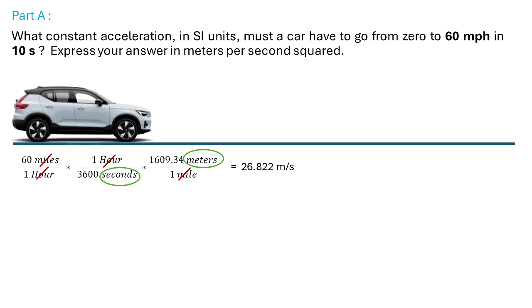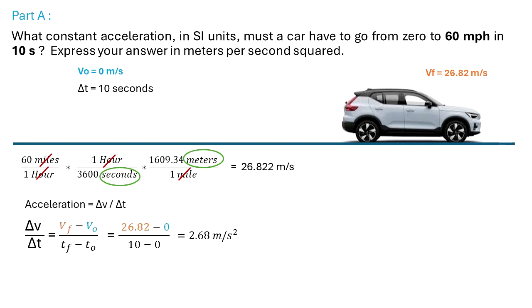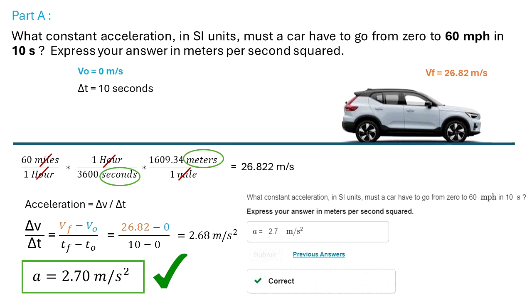Now that we have the velocity in meters per second, let's think about the acceleration. We know that this velocity that we just found is the final velocity, because the problem says that the car goes from 0 to 60 miles per hour, that in meters per second is 26.8. The average acceleration, by definition, is the rate of change of velocity with respect to time. We say it's delta v over delta t. So v final minus v initial is 26.82 minus 0,